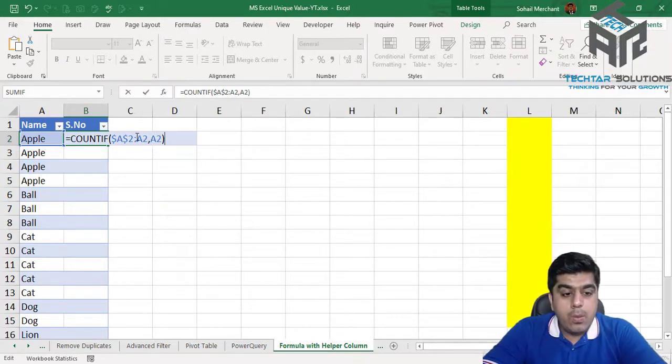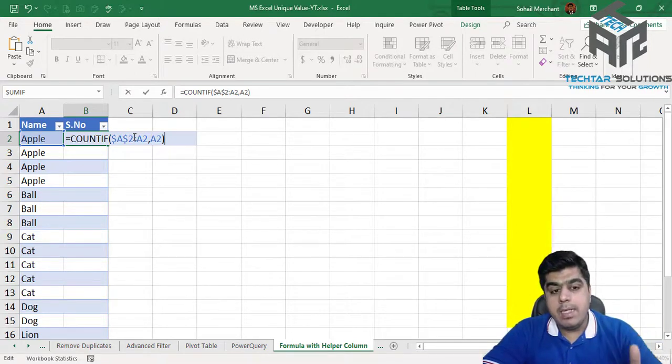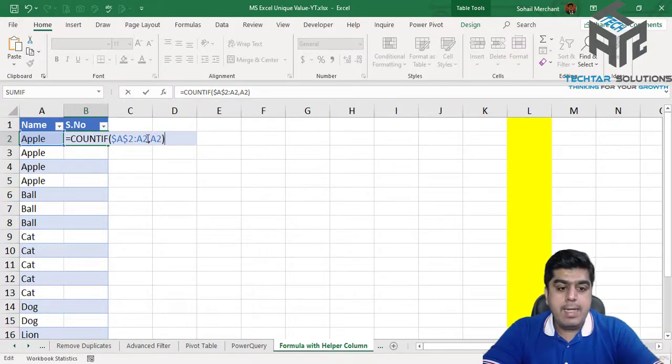Now what will this formula do? As I drag this formula down, it will increase the second A2 of the range by 1, like A2, then A3, A4, A5, and like this it will include the upcoming values inside the formula.